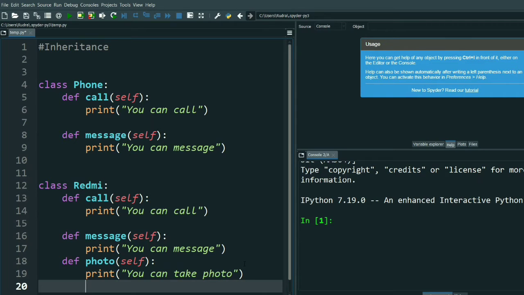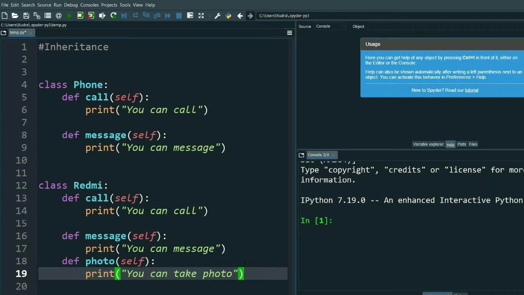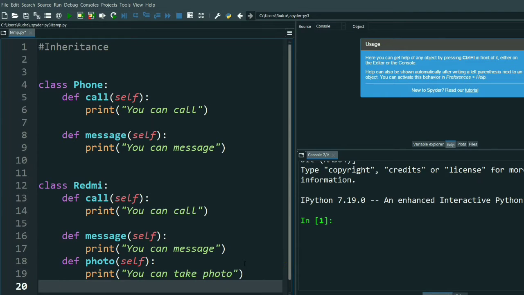Now I will create all the objects. You know how to create it. I do p equals Phone, done.